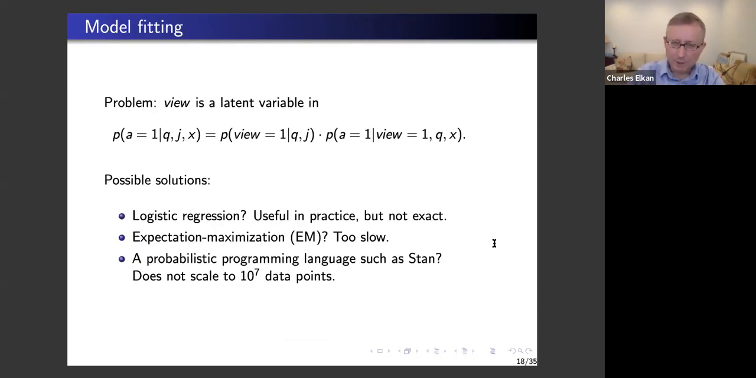So here's the model that we want to fit to data. We have data for actions A, Q, J, X, but we want to fit a model which is this product with this latent variable view. One thing that we could do is just ignore the latent variable and fit a logistic regression function of Q, J, and X. And actually that is useful in practice, but